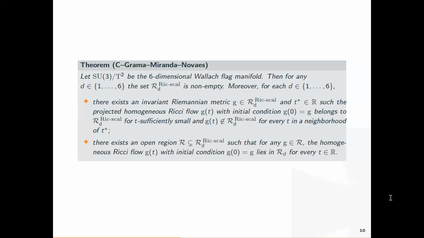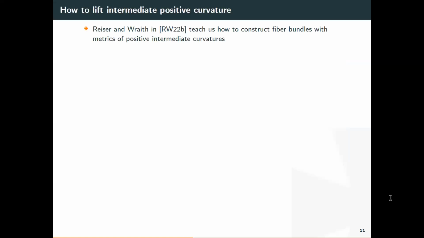And there exists an open region such that for each of the former notions, as you are varying from positive Ricci to positive scalar, there exist some regions such that the homogeneous Ricci flow does not escape, in the curvature moduli space sense of the flow. Like there are some regions such that any metric does not change this property of positive intermediate curvature under the Ricci flow. Okay, so one last result before I go very quickly to some details concerning the proofs